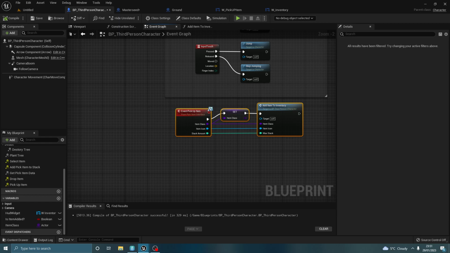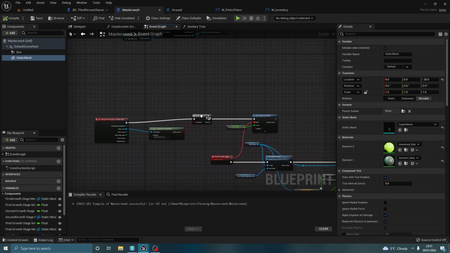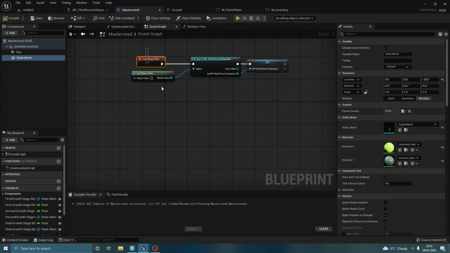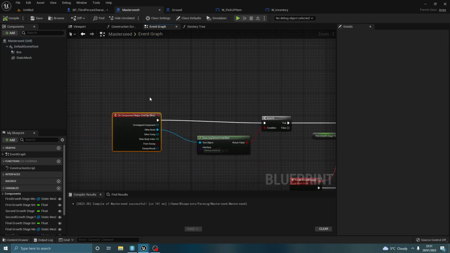I believe we've got to go to master seed now, and yeah, we do. We need to get the actor begin overlap, I think. So if we go to the master seed event graph, what do we have here? We just have the event begin play, and we also have the component. Okay,